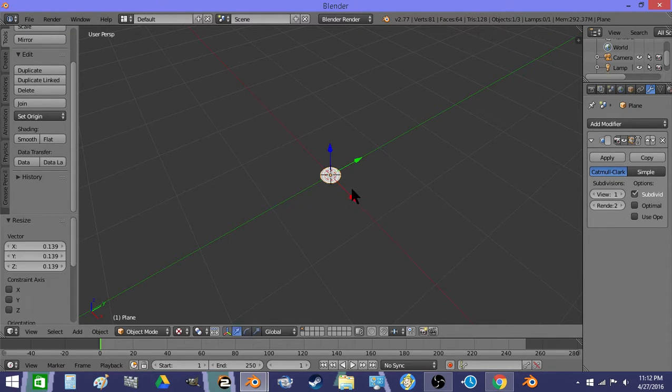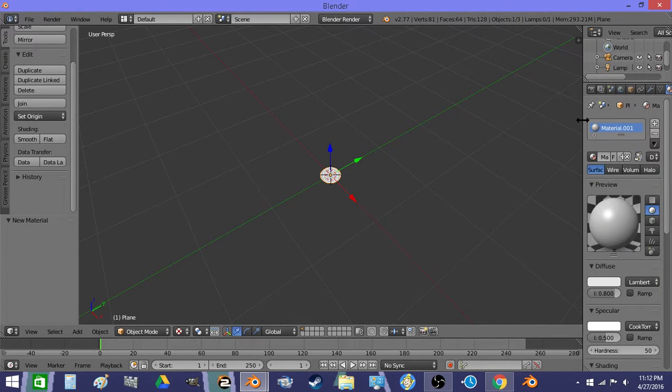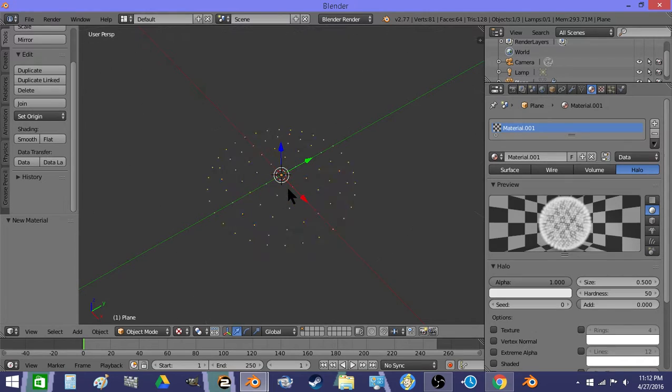Alright, so we're going to scale this down, do a new material, and set it to halo. Now you can see it broke down into dots. We're going to set the alpha to 0.05, and then I'm going to grab the camera